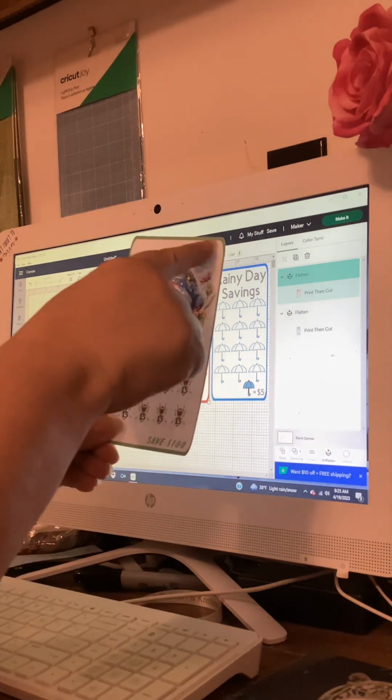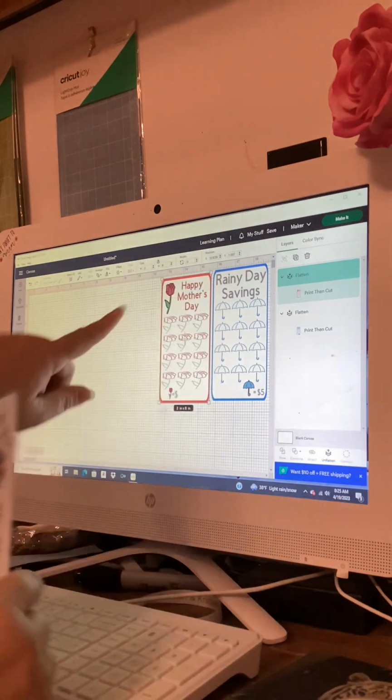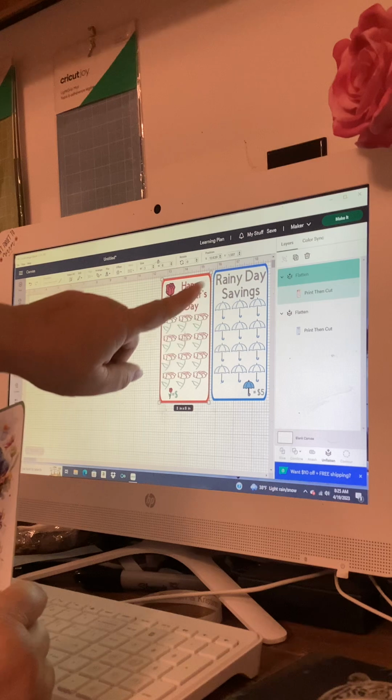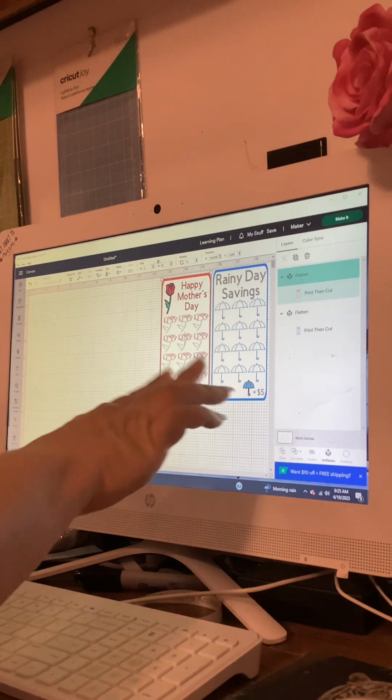I'm going to show how we get the color around the outside. I have two up here that have the color around the outside. It's pretty simple. I got these two done,